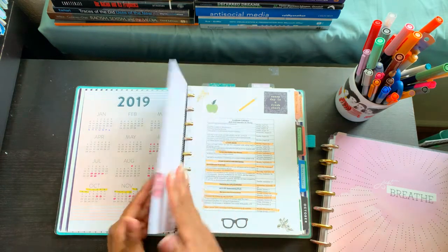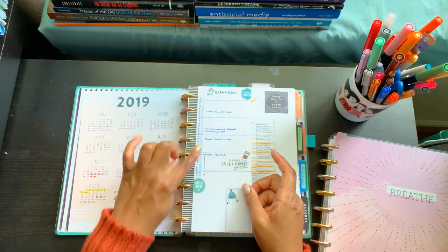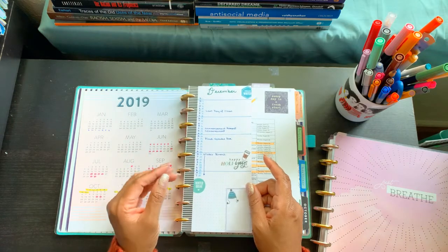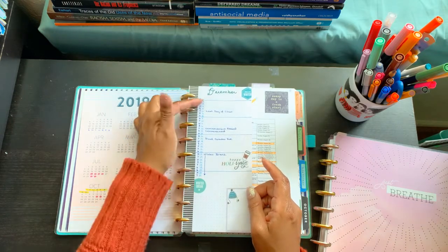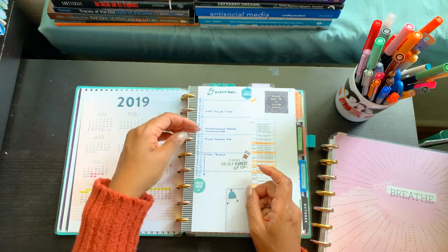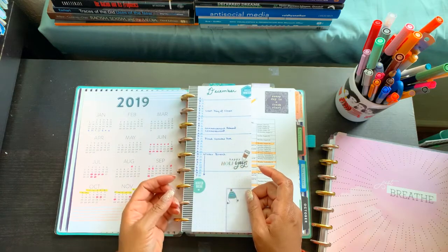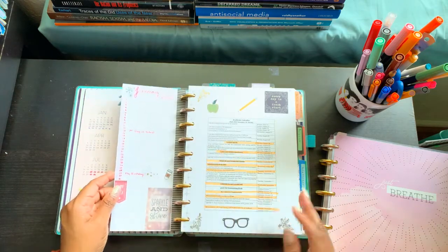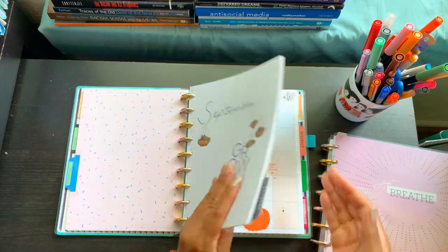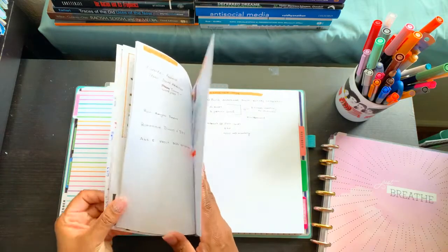But I went ahead and used some half sheet filler paper and made a straight line, a classic bullet journal monthly layout, which works really well on this and gives me a way to keep a list of things, and still get to decorate a little bit, which, you know, I like. And so I am going to add that to